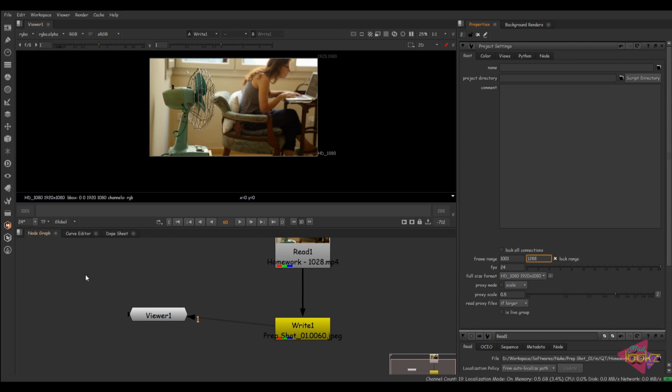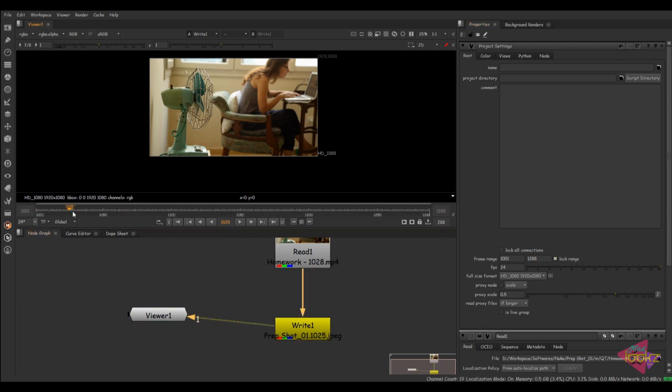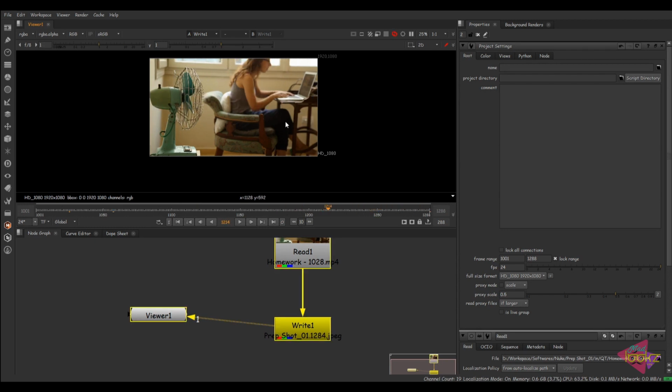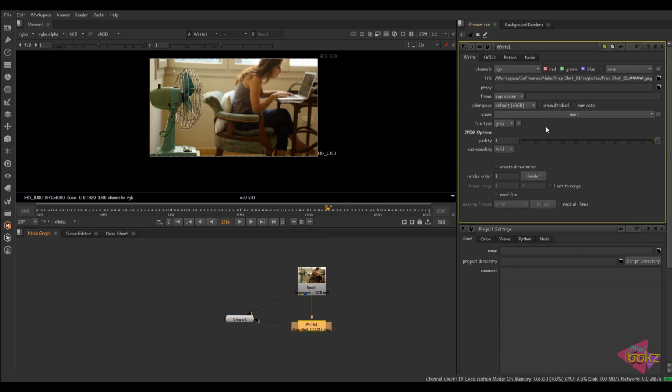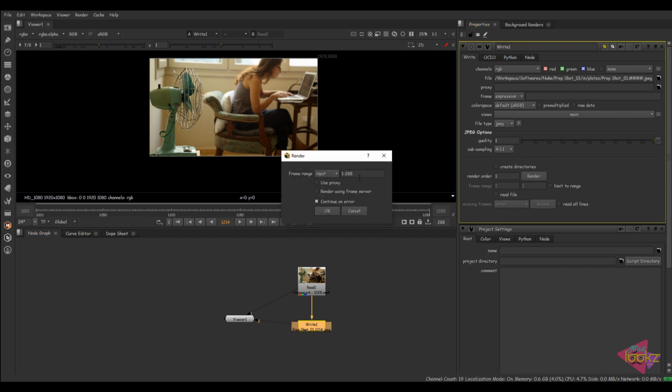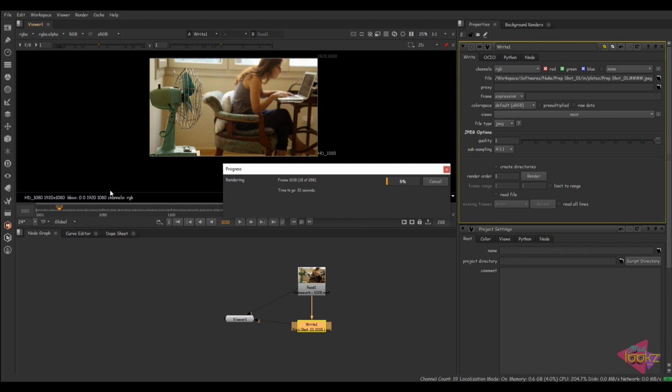Now the footage starts from 1001 and ends at 1288. Now I'm gonna render the MP4 format, the QT, into JPEG sequences. Uncheck continue on error, and now we can simply render this MP4 format into JPEG. Let's wait until it gets rendered.